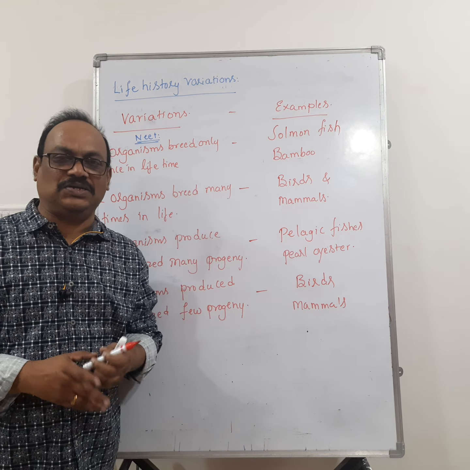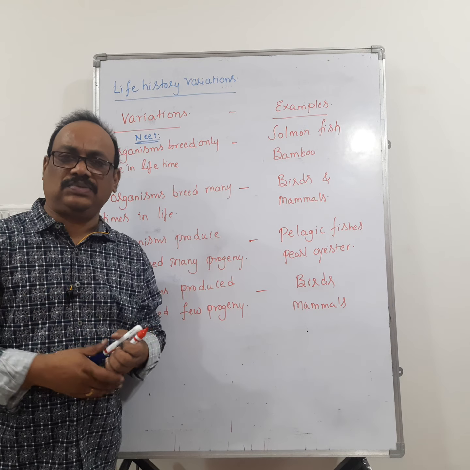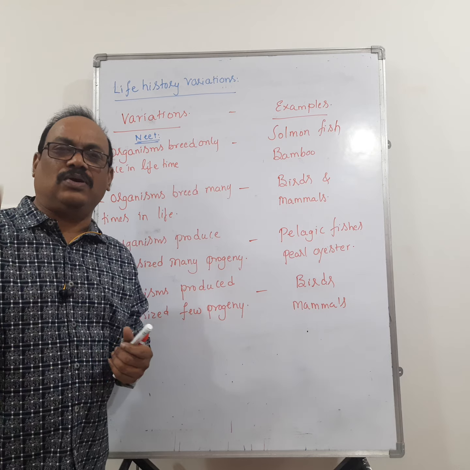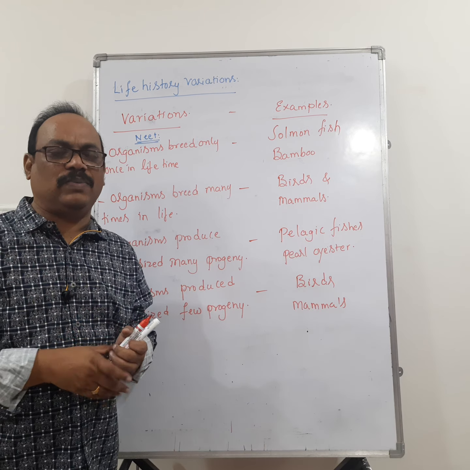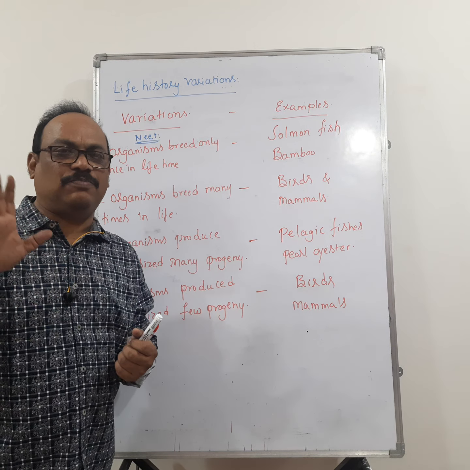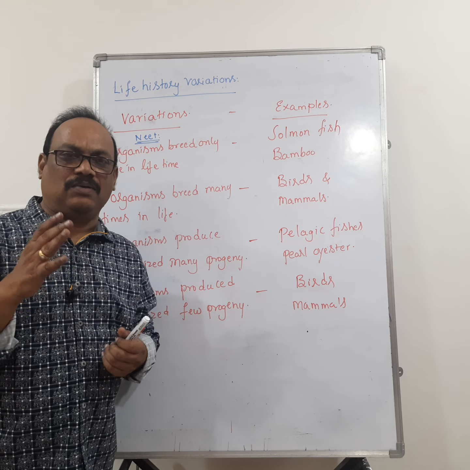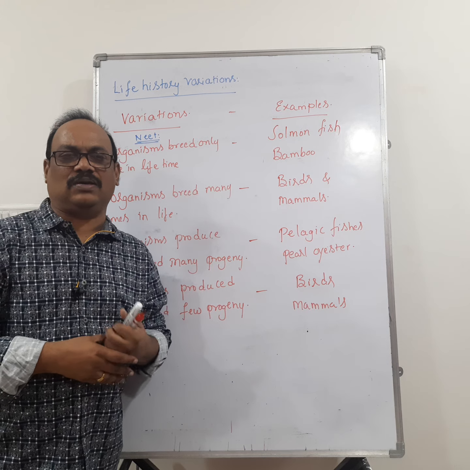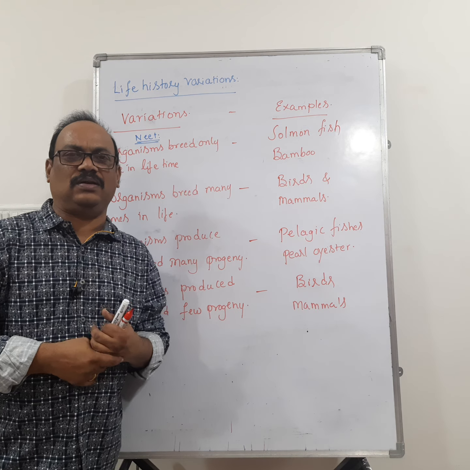Right, let us go for the next class, population interactions. After completion of population interactions, we are going to genetics. So my topic will be over by genetics, and as per the deleted topics, we can complete our syllabus. So another 6 to 7 videos, we can complete our second year syllabus, right? Thank you very much.